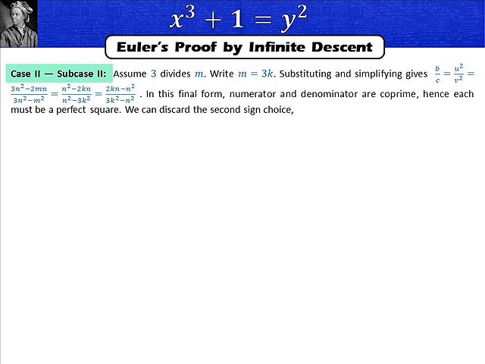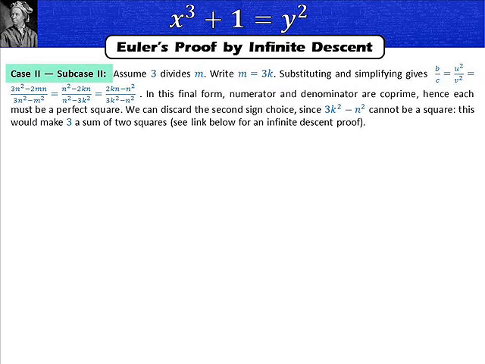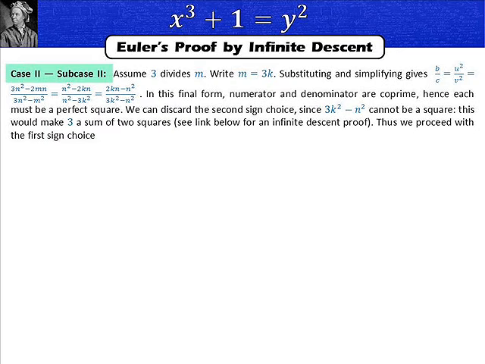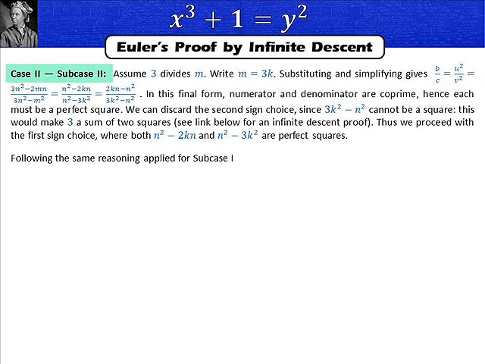We can discard the second sign choice since 3k squared minus n squared cannot be a square. This would make 3 a sum of 2 squares. Thus, we proceed with the first sign choice, where both n squared minus 2kn and n squared minus 3k squared are perfect squares. Following the same reasoning applied for subcase 1, we deduce n squared minus 3k squared equals the